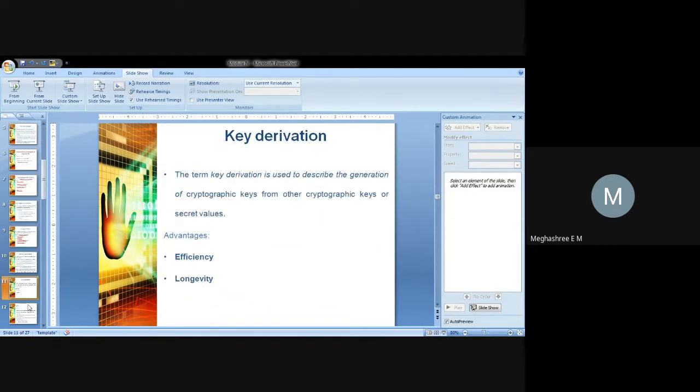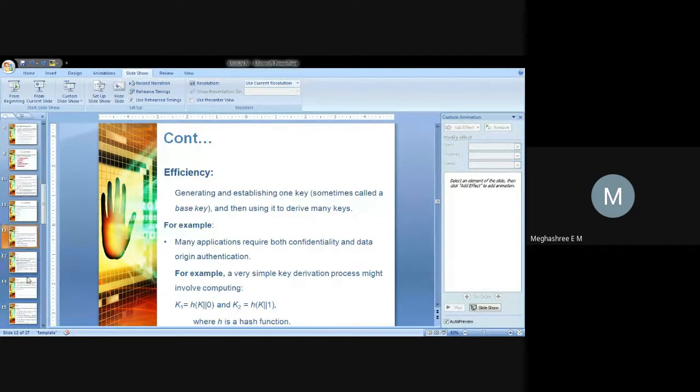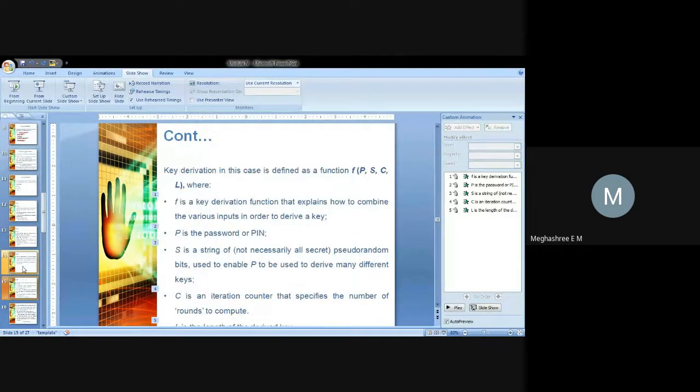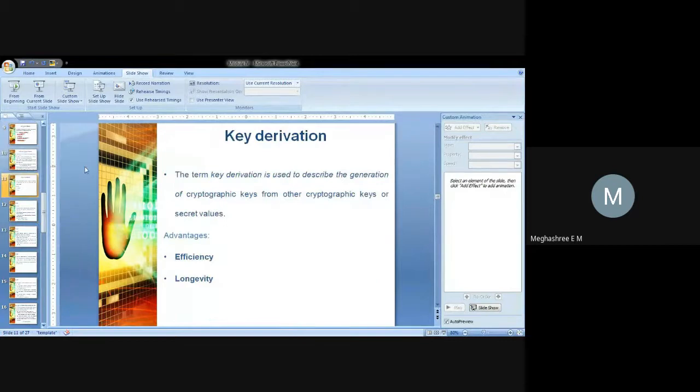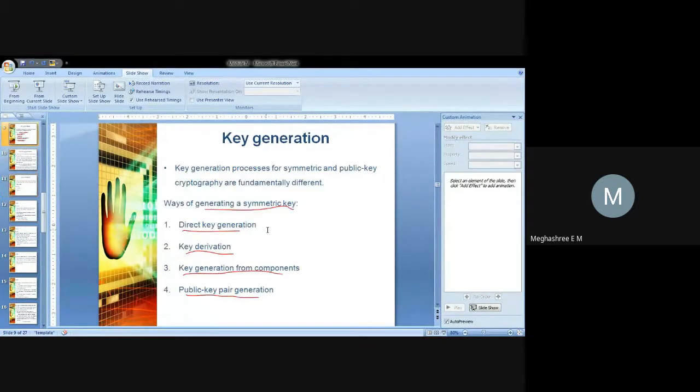So let me start from there. All these topics were covered in the last class. The first method is, the different methods followed to generate a key. That means the first phase of a key is key generation. The methods or mechanisms that are followed to generate a symmetric key are different, and for public key cryptography, it is different.